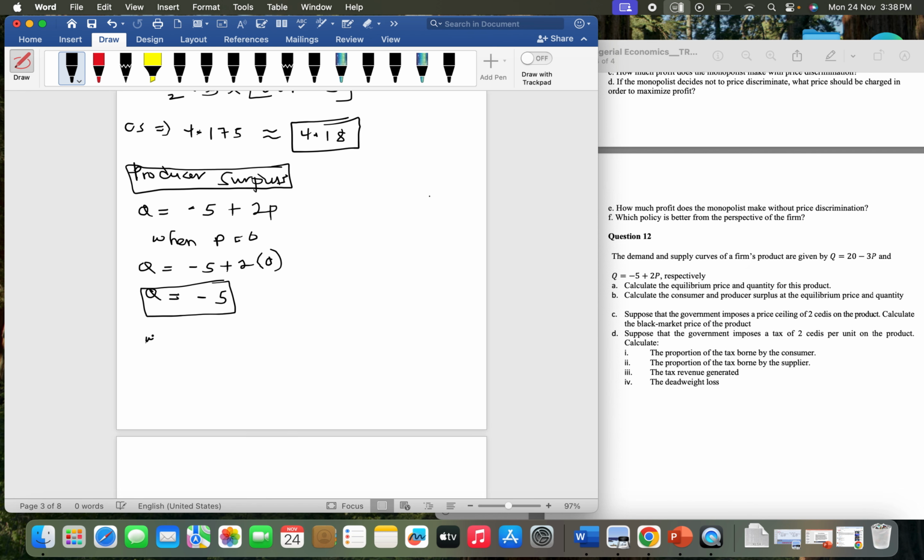Now the same approach, first we made p equal to 0, now when q is 0, this is 0, this is minus 5 plus 2p. You move this here, I have 5 equal to 2p. Since you are finding p, we will divide both sides by the coefficient of p, which is 5. So this cancels this. So p is equal to